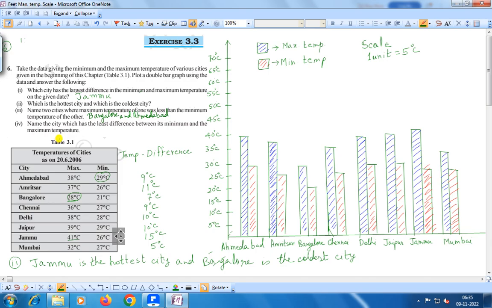Right? This is the two cities where the maximum temperature of one was less than the minimum temperature